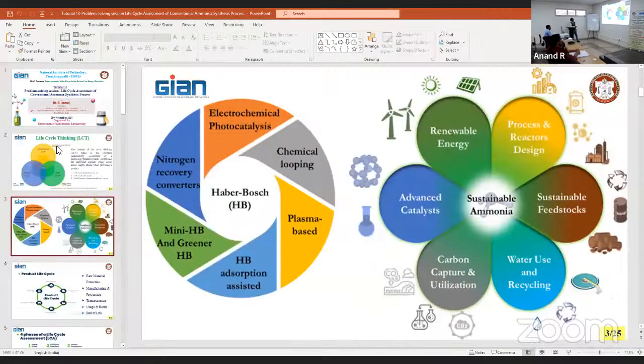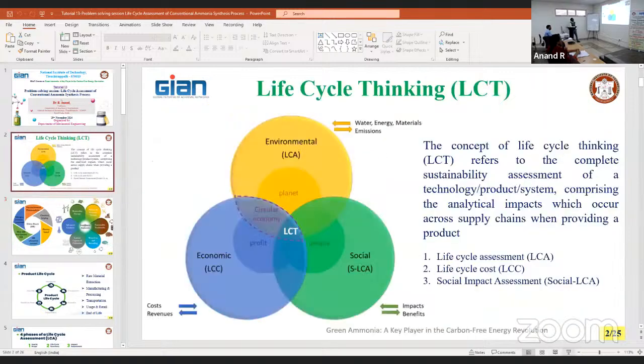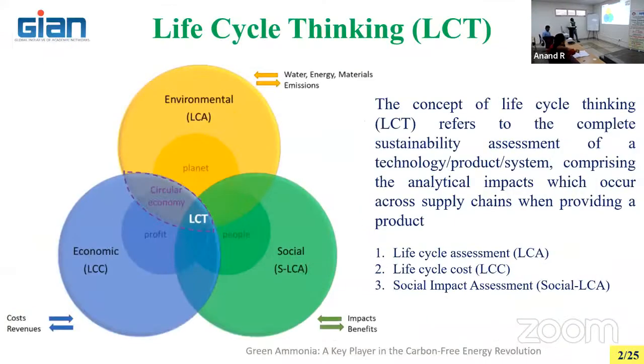Previous slide. Life cycle thinking, yeah. So for any new analysis or any new project, first we need to think, what is the use of that project? Okay. So life cycle thinking is divided into three components: environmental, economic, and social. Environmental talks about LCA, economic talks about LCC, then social talks about social LCA. So there are inputs for environmental, inputs for economic, inputs for social. Similarly, you are expecting outputs from the environmental perspective of analysis, then revenues in terms of output in economic, and benefits in terms of social.